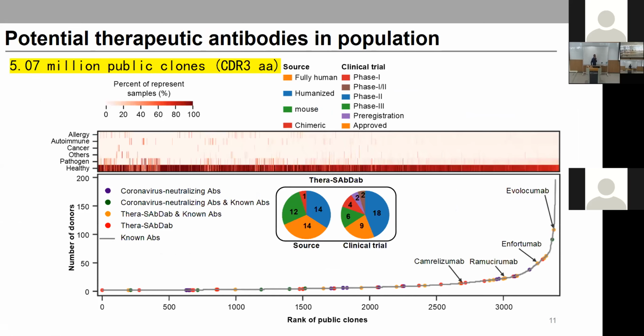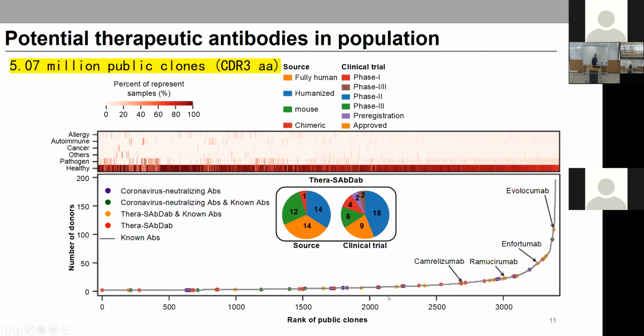Now we have more than 7 billion reads, and we want to do something different. Starting from January 2020, we have COVID-19. For all these samples, we want to know how many COVID-19 neutralizing antibodies there are. We actually did find some, and I'll show you later. Then we went on to query those antibodies, the therapeutic antibodies, and interestingly, even in